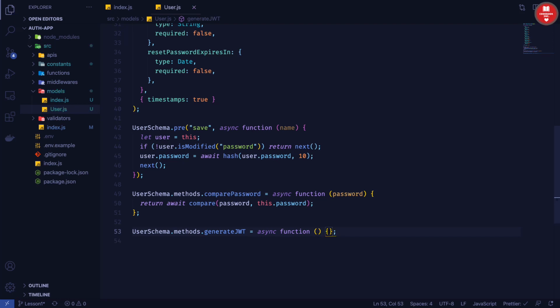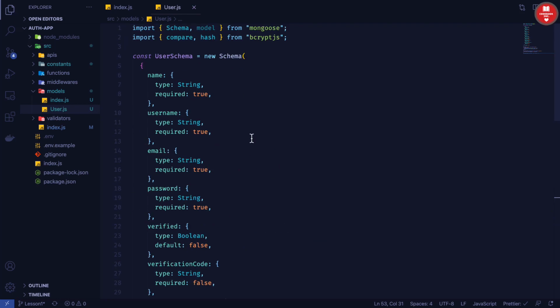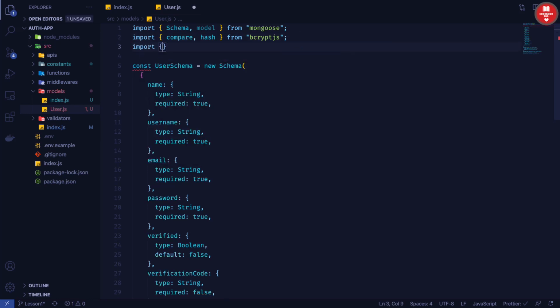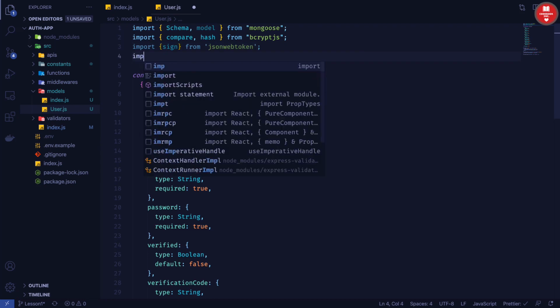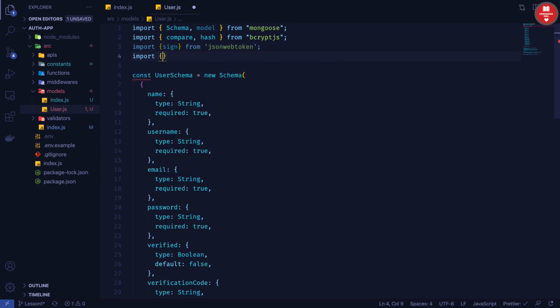This method will generate a login token for our application. So we need the sign function from our JSON web token package, and also we need an app secret. So we will bring in that from our app constants that we have,